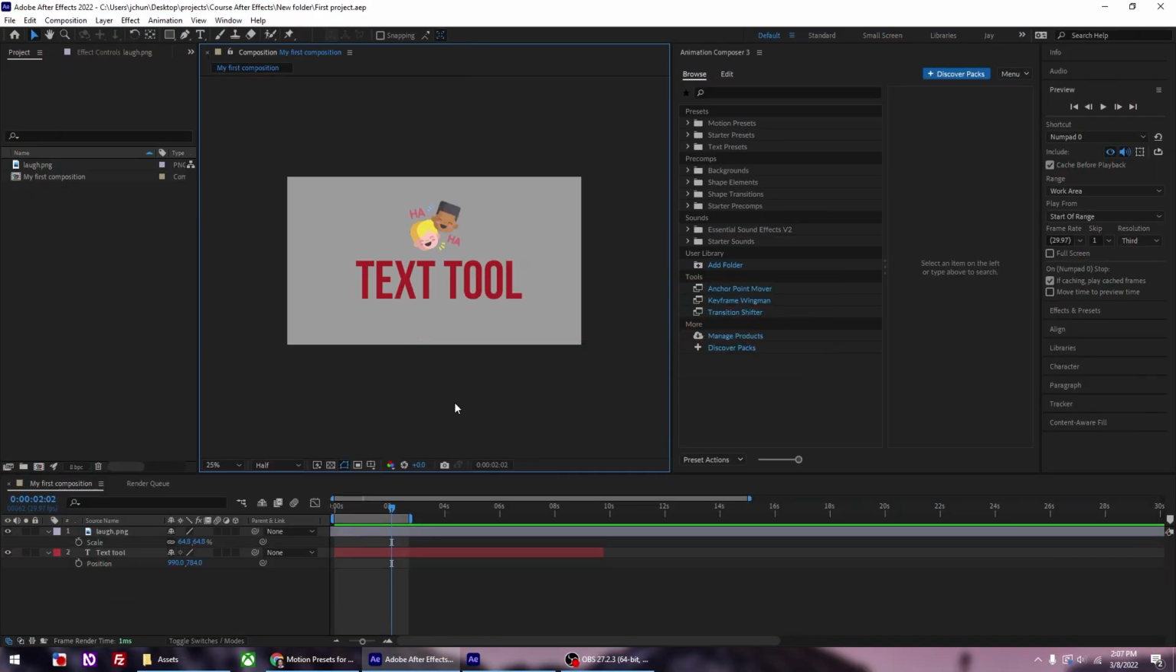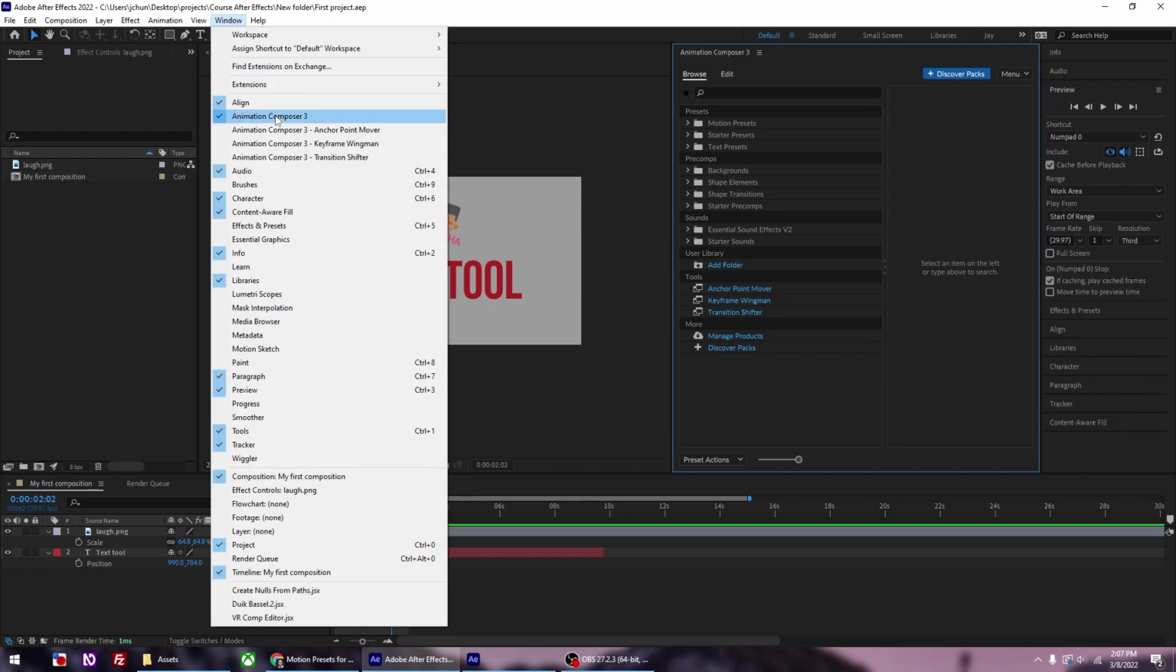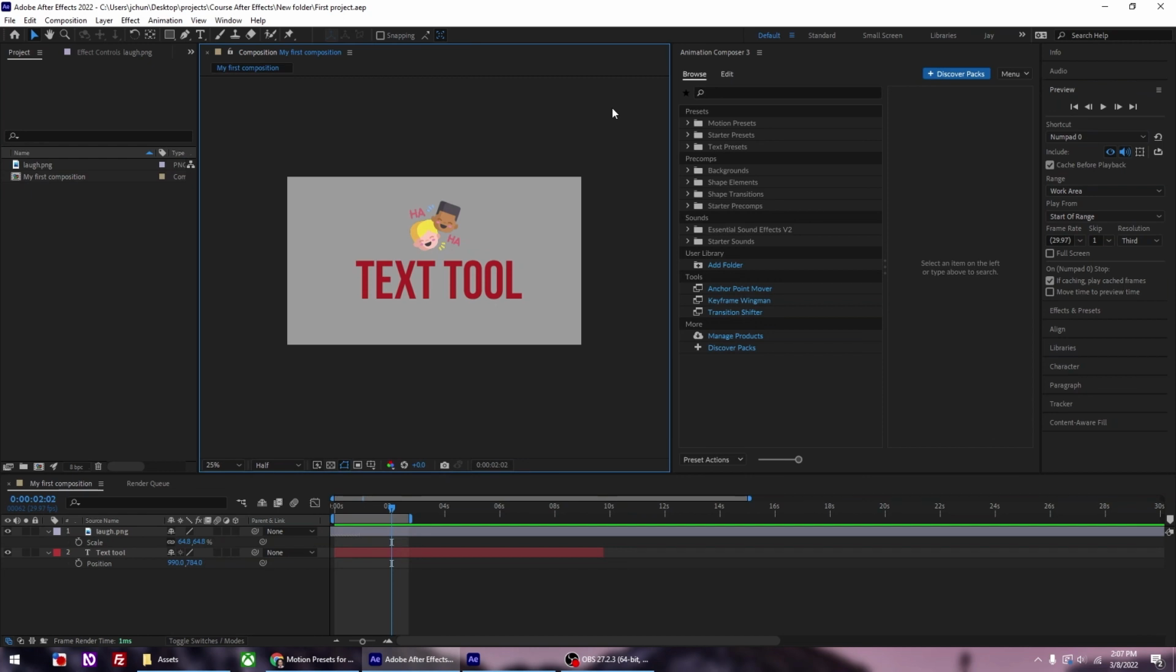Now that we downloaded Animation Composer, let's go over how to animate the objects we have on screen. First, make sure to have your Animation Composer panel up. If you can't find it, go to Window and Animation Composer. Go to the Starter preset,